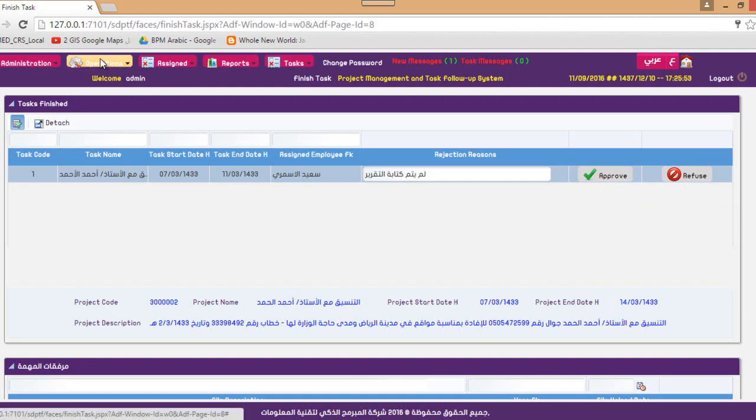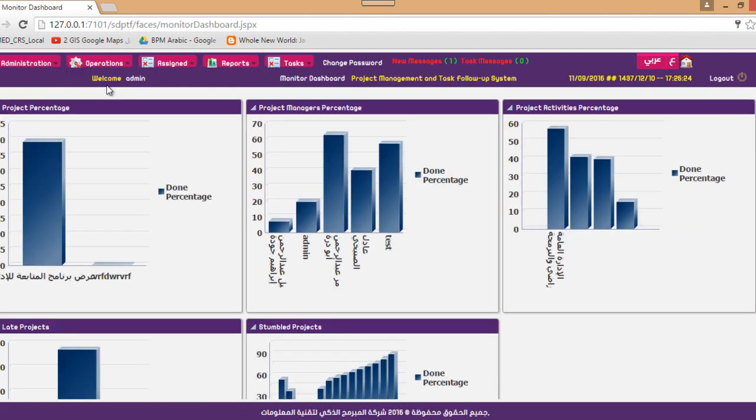Okay, now what about the executive? We have a screen called Monitor Dashboard. In this screen, we show the project percentage for running projects. Like this project, it has almost 39% completion percentage. This project is still brand new, its completion percentage is 0.